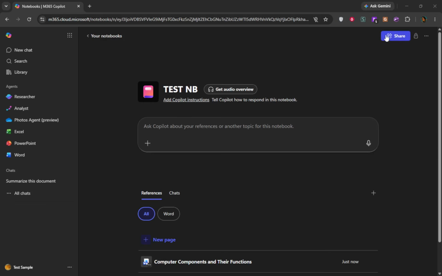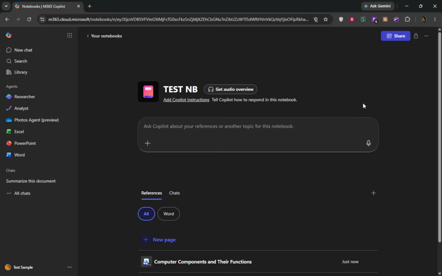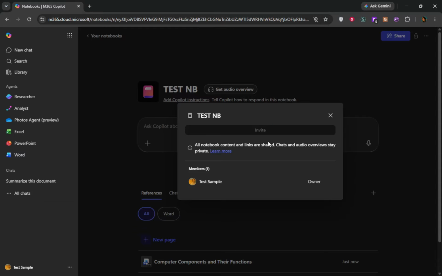As we wrap up, let's discuss some important limitations. Copilot uses only the references you add to the notebook. It does not automatically search the web for answers. Also, it currently does not create charts, graphs, or images directly inside notebooks. Supported file types include Word, Excel, PowerPoint, PDF, Copilot pages, Loop content, and OneNote pages. Being aware of these limitations helps manage your expectations and plan your work accordingly.